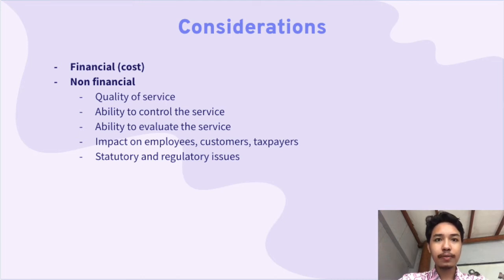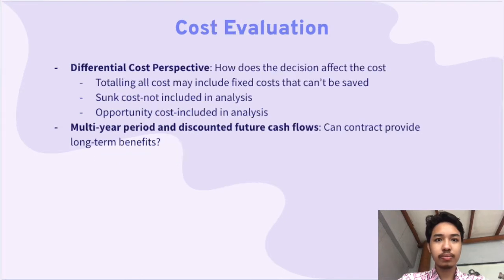We should remember that first, to evaluate contracting, we should use a differential cost perspective, and secondly, cost comparison should cover a multi-year period and discounted future cash flows. The differential cost perspective is a concept to demonstrate how a decision will change a government's costs, because totaling all costs may include fixed costs that cannot be saved, even if the service is contracted out, which makes the government